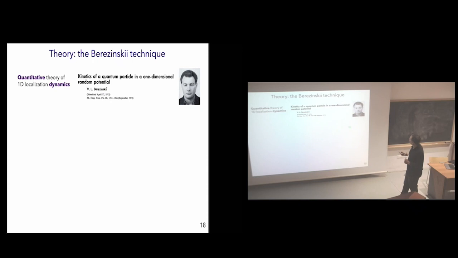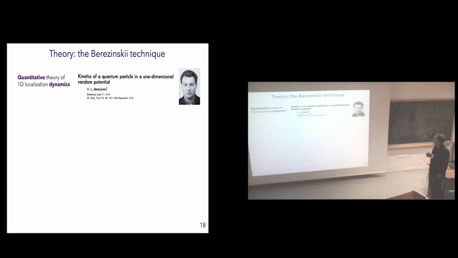So this theory was developed by a physicist called Vadim Berezinskii in the 70s, so it's pretty old. This theory is really exact, but sadly, it seems that it has today been a little bit forgotten, including by many specialists in the field. And just for the story, Berezinskii was a young theoretical physicist at the Landau Institute, and unfortunately he died very early. He died from a very difficult sickness. But during this time, he was really able to make important contributions to physics.